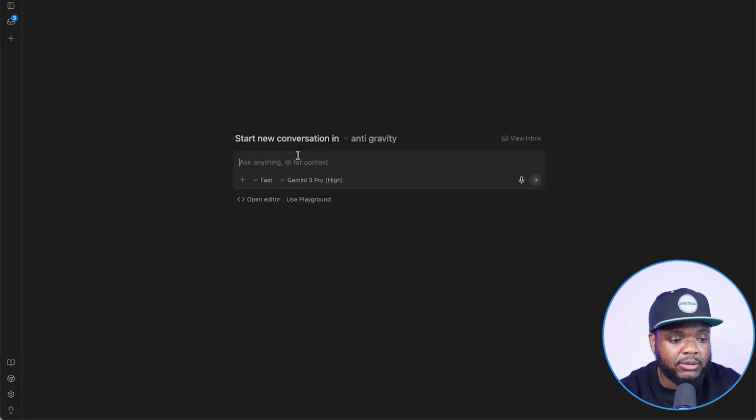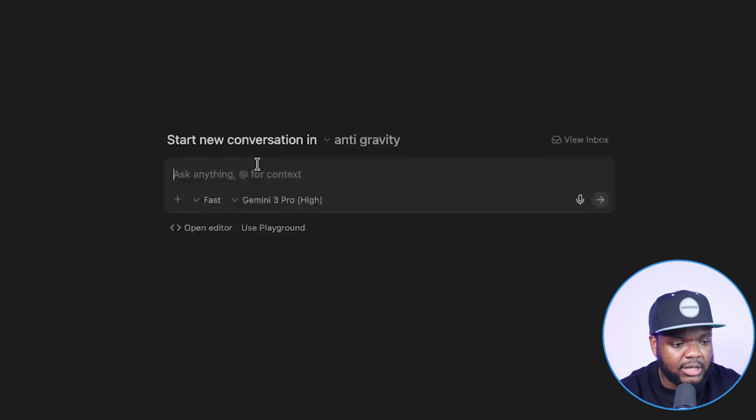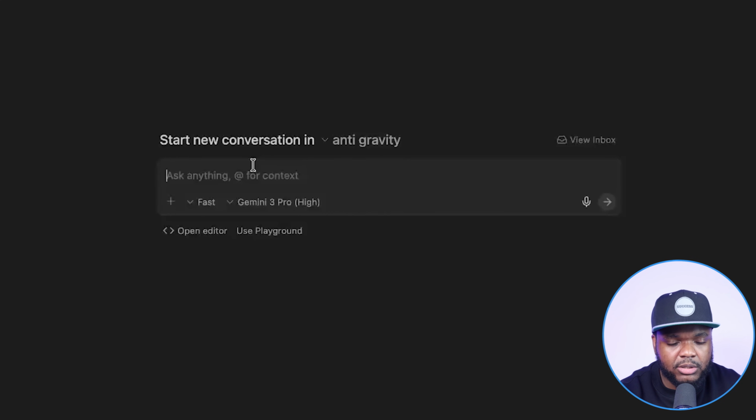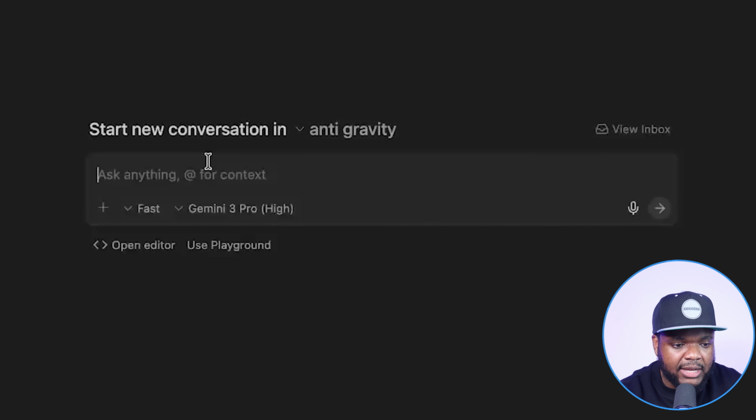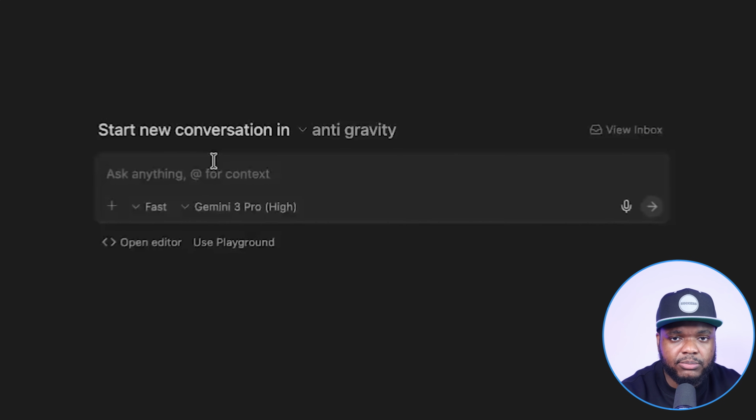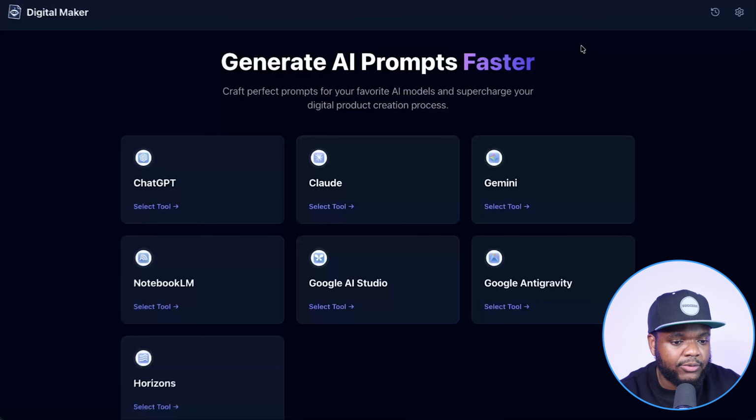But if you want to get a strong foundation for the app that you're trying to launch, it's always good for you to give Antigravity all the instructions from the very beginning, because it's going to be easier for you as well as Antigravity when it comes to just gaining clarity on every single aspect of the app that you're trying to launch. And the way that you can get this custom prompt is by going back over to this